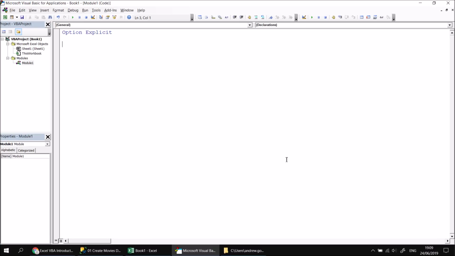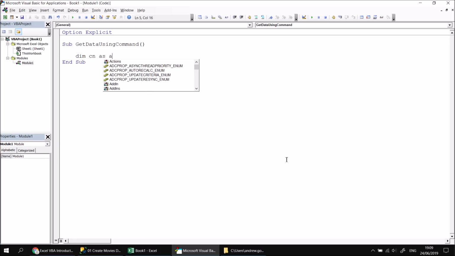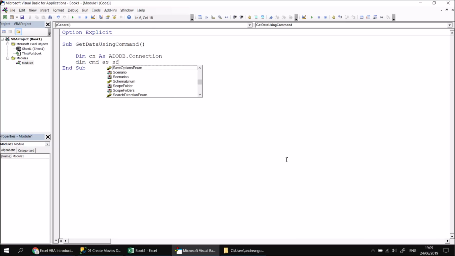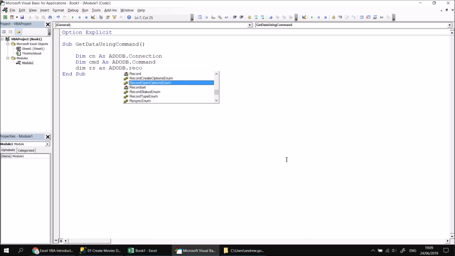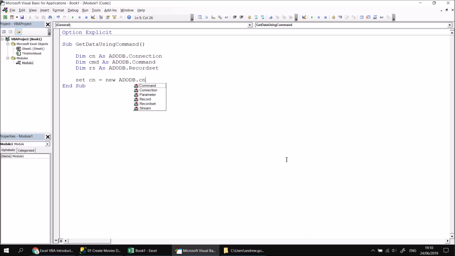Okay, the first subroutine we're going to write is going to return a set of records from a database using a command and a record set object. Let's create a sub called getData using command. We'll then declare three variables using the ActiveX Data Objects library. Let's call one cn as adodb.connection. We'll also have cmd as an adodb.command. And we'll also have rs as adodb.recordset. We'll create a new instance of the connection class first, so we'll say set cn equals new adodb.connection, and